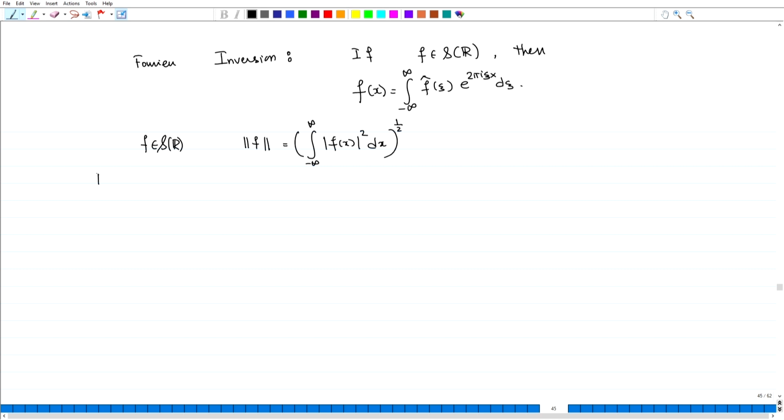So, the Plancherel theorem: if f is in Schwarz space, then we know that f hat is also in the Schwarz space, and then we get norm of f square, which is nothing but, or rather we can just put it, the integral from minus infinity to infinity,